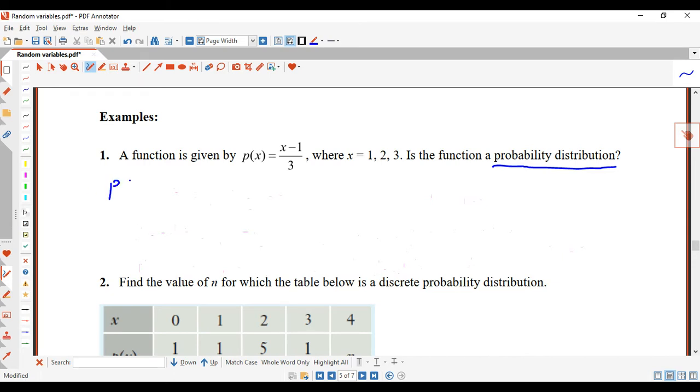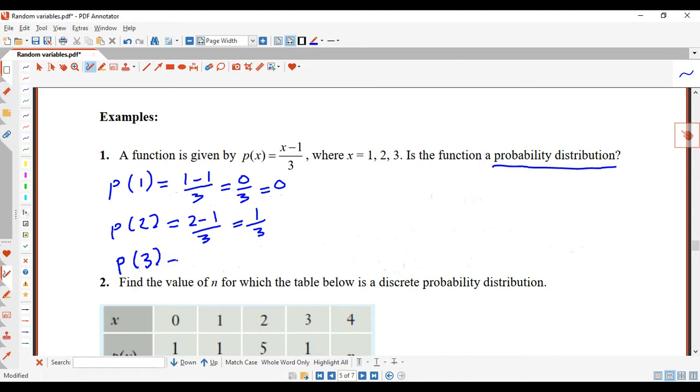So let's work out what P of 1 is first. P of 1 is (1 minus 1) on 3, which is 0 on 3, which is obviously 0. And P of 2 is (2 minus 1) on 3, which is 1 on 3. And then P of 3 is (3 minus 1) on 3, which is 2/3. Now when I work out the sum of the probabilities for each outcome,